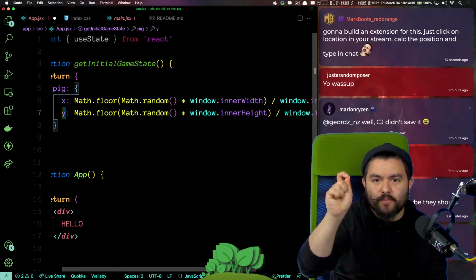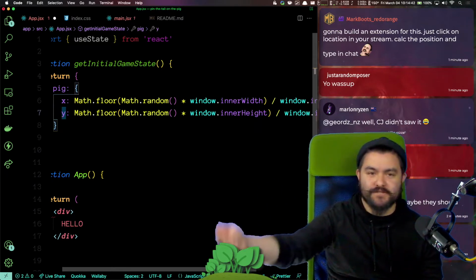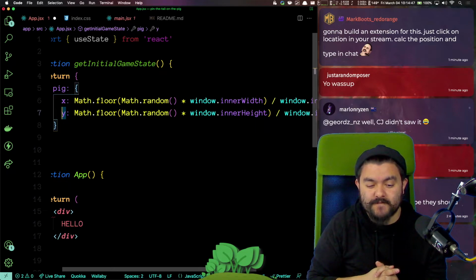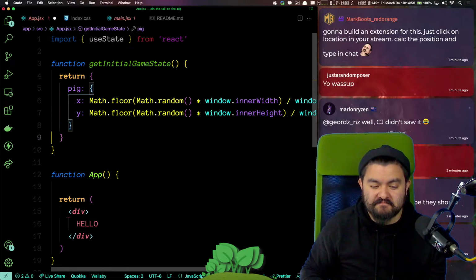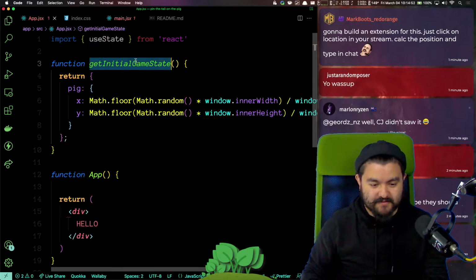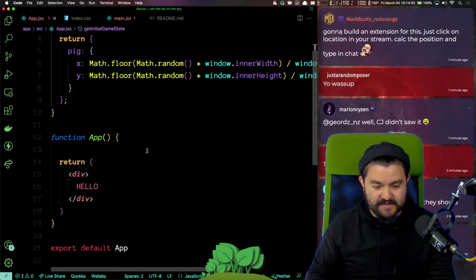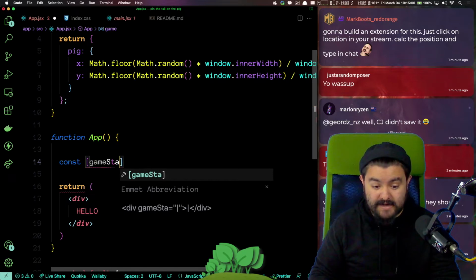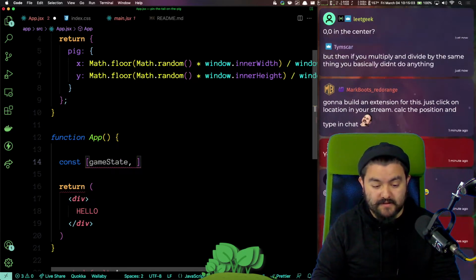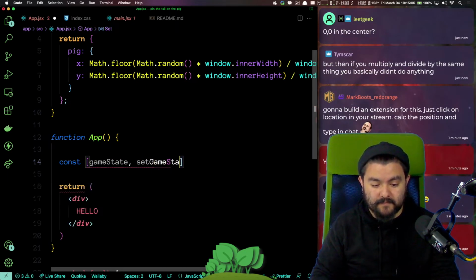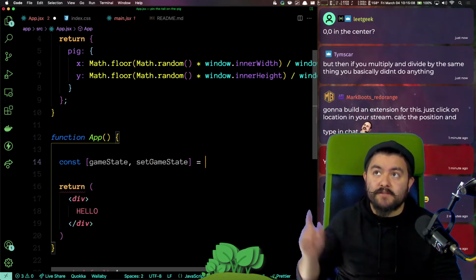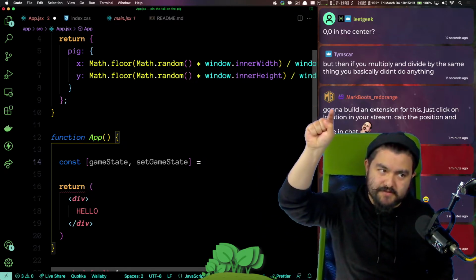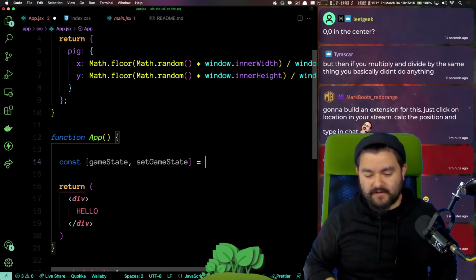It'll be like 0.1 space 0.2, and then that will just get translated into whatever coordinates are on the screen. That should be fine. Okay, so that's going to give us the initial game state. We're going to have an actual state variable in our React component called game state. 0, 0 is the top left corner. The way the browser coordinates work is 0, 0 is top left, and 1, 1 will be bottom right.